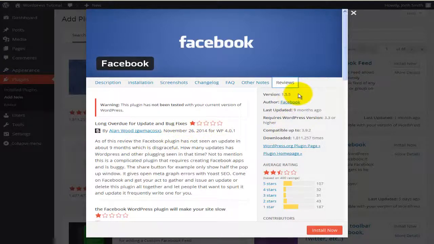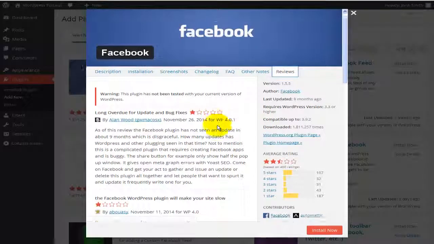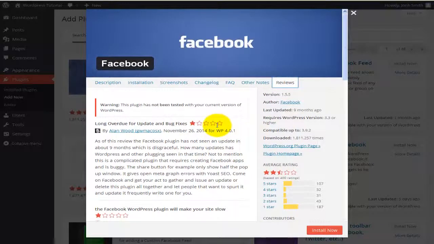Here you'll find information such as versions. So this particular plugin version is 1.5.5, the author is Facebook, when it was last updated, and a few other pieces of information as well. Alright, so what I will do now, even though this has a very poor rating, I will install this plugin. So to do that, I'll hit the install now button,